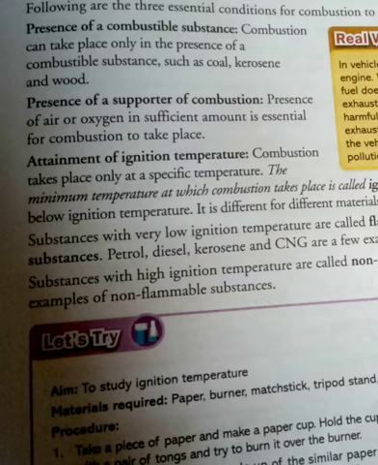These are the combustible substances which are required for combustion. Now next is the presence of a supporter of combustion. Who is a supporter of combustion? In the beginning we discussed that oxygen gas is the supporter of combustion. You know that air consists of a mixture of gases, isn't it? And out of that, oxygen is the gas which supports combustion. So the second requirement is the presence of a supporter gas.